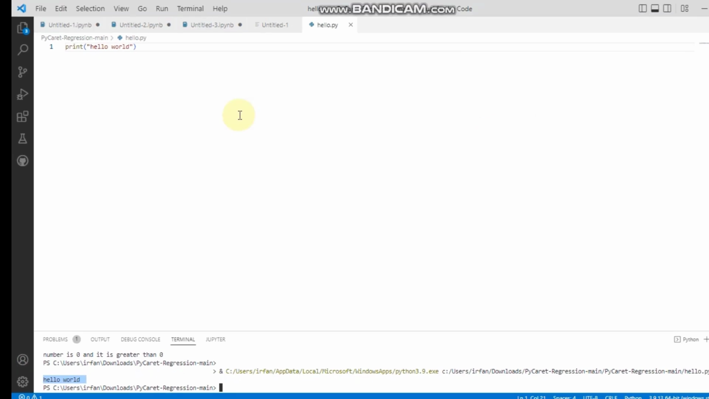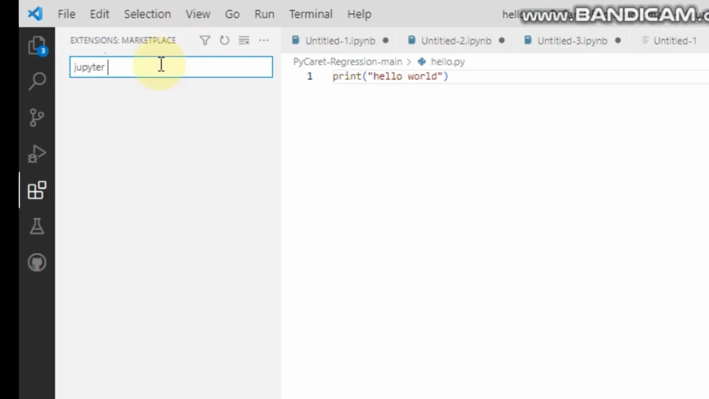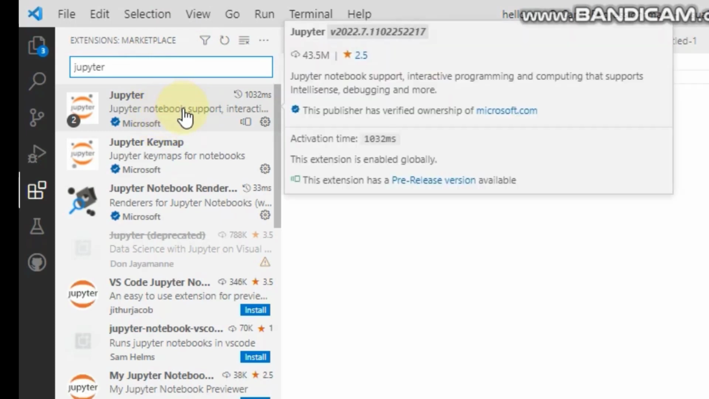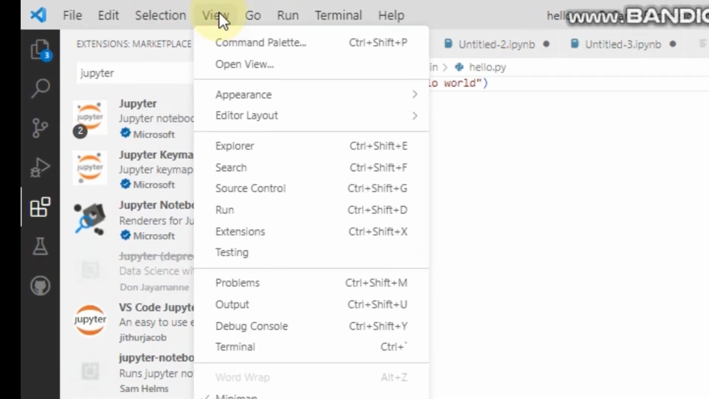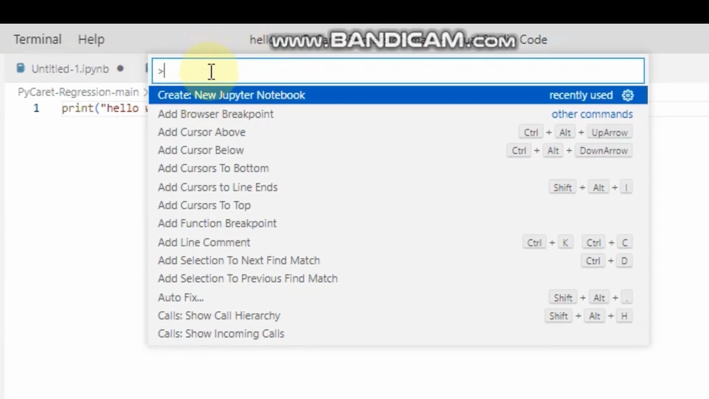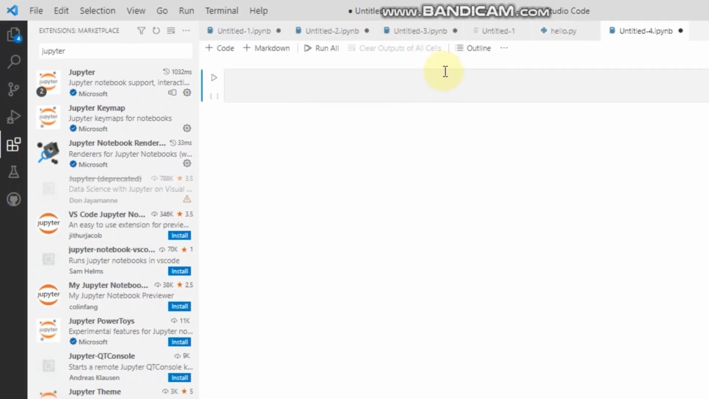Similarly, I have installed the Jupyter notebook extension from here. You can come here and type Jupyter, and when the Jupyter extension appears here, you have to install it, which is already installed here. After you install it, you have to come here and select the command palette. After selecting the command palette, you write Jupyter and create new Jupyter notebook will appear here. After clicking over it,